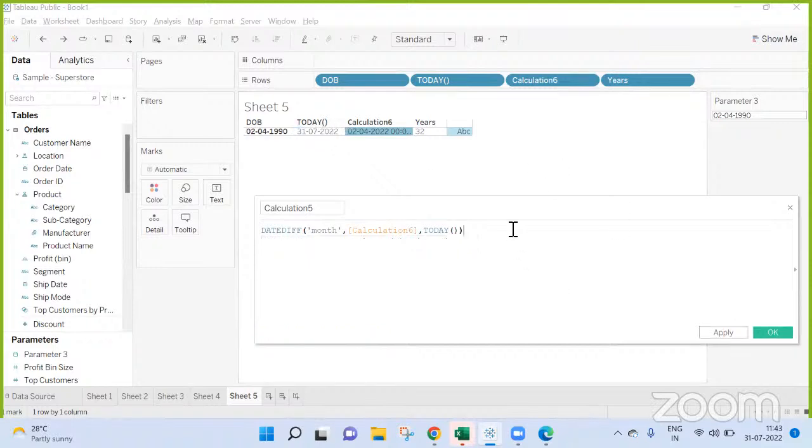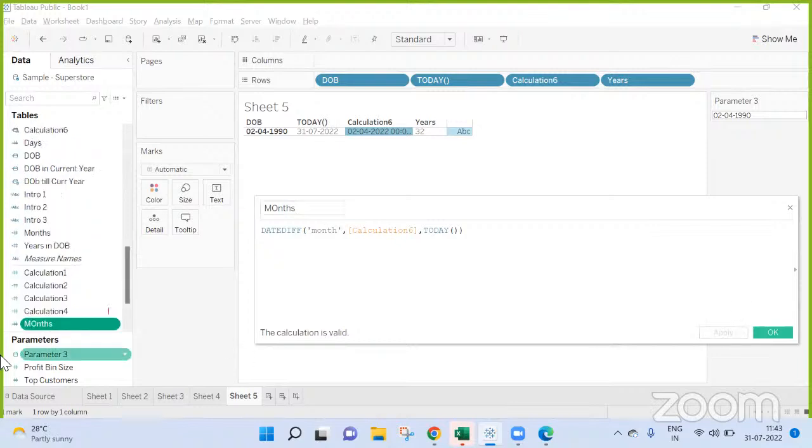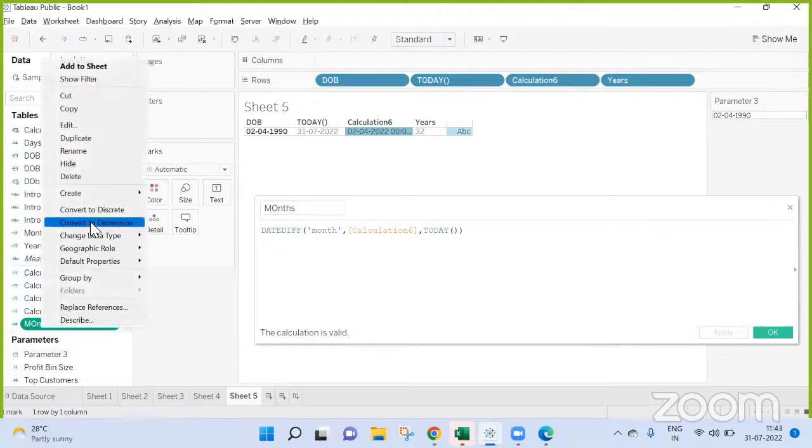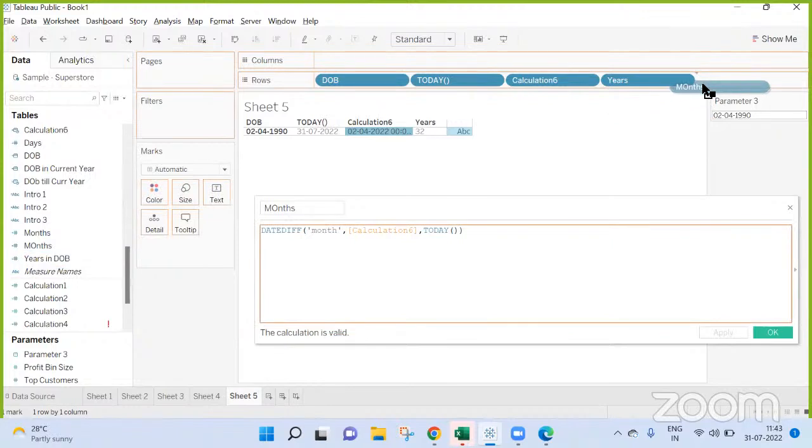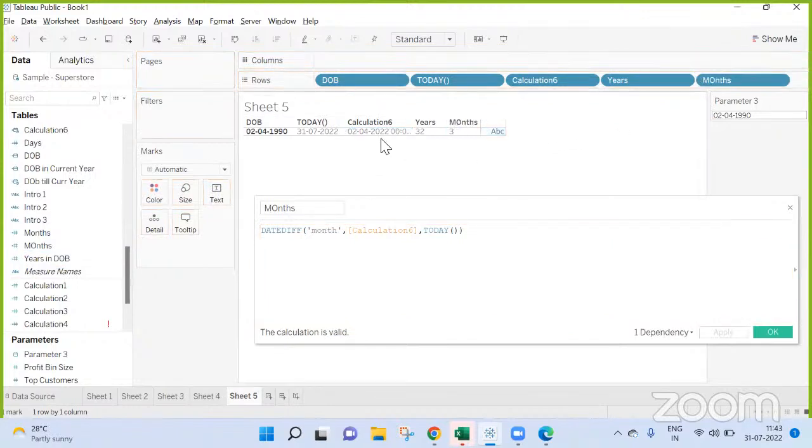So here, these are months. Now let me check this, apply, convert this into a dimension, and I'm bringing it here. So I have 32 years, 3 months. 2nd April, 2nd May, 2nd June, 2nd July.